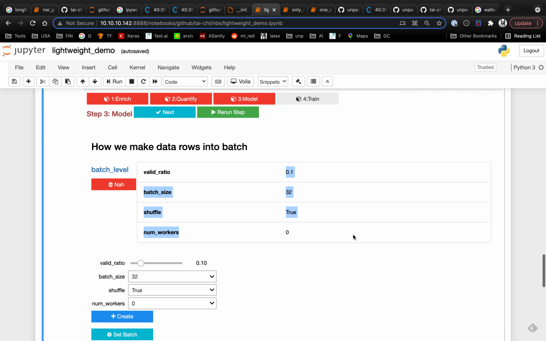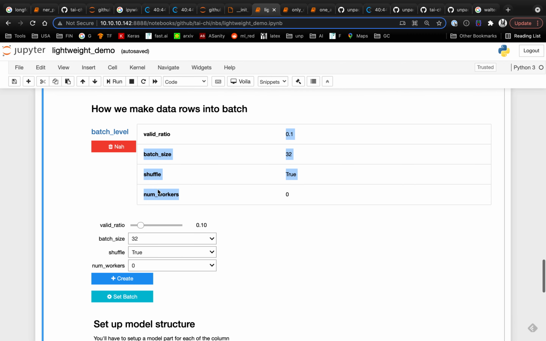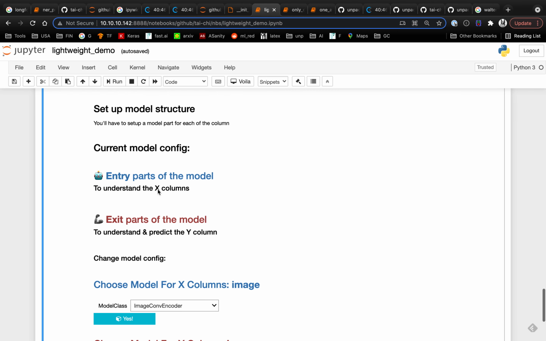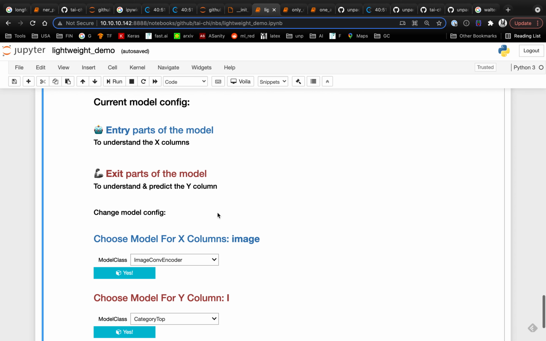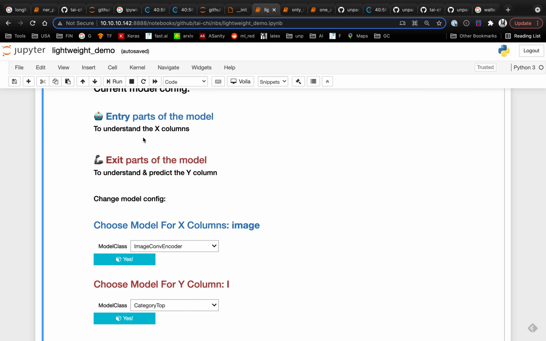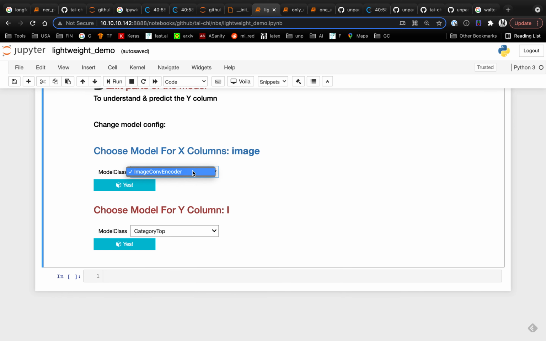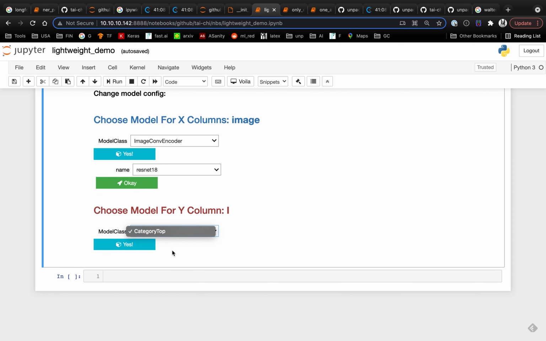Okay, you create this configuration, which you can delete and set again, or you hit here to set it again. You want to set the model, which maps out the entry parts of the model and exit parts of the model. Here we only have titles, but it's empty, so you can set it here. It tells you to use a convolutional encoder as the entrance part of the model. Let's choose the smallest one to make the model run faster, and the category called top as the Y part